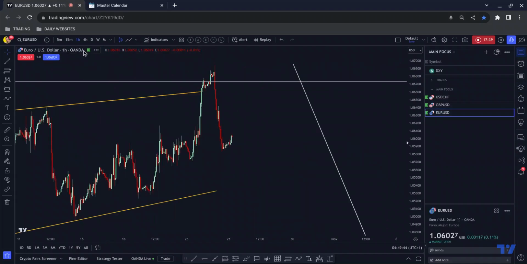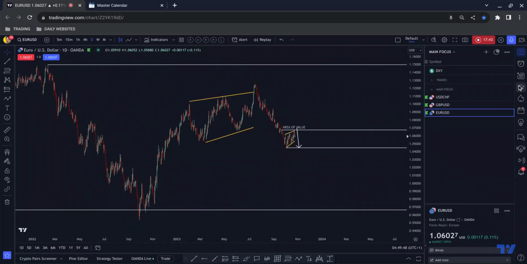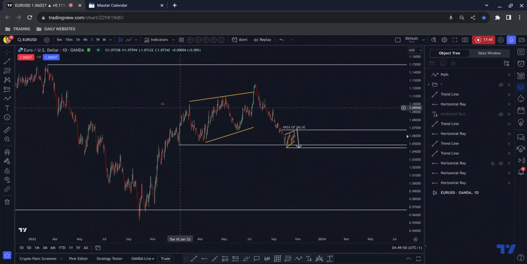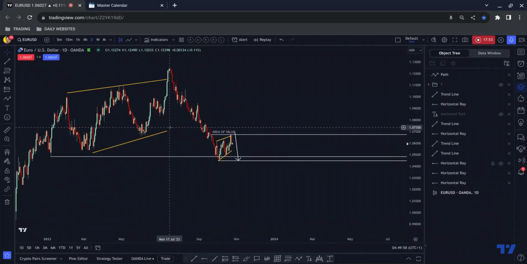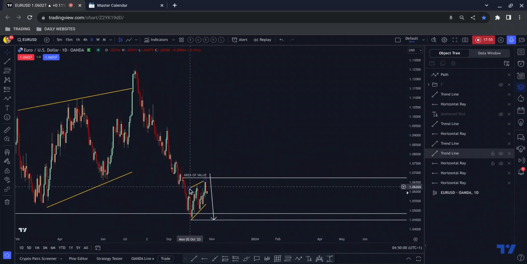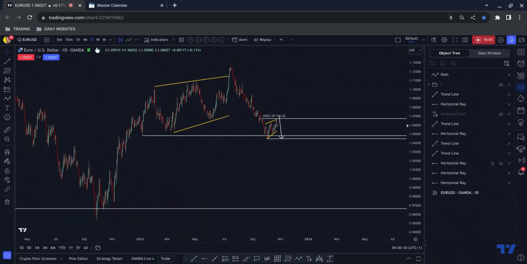On euro dollar, it's the same sort of story. If I just unhide my forecast and do this very quickly because I'm running out of time, we've already tapped into the low. It's not a negative as such, but price doesn't necessarily need to come down. You can see that we do have this 1, 2, 3 touch structure. Price has sold off aggressively, as I was anticipating, and we may just be coming back down for a double bottom before that longer term move to the upside,